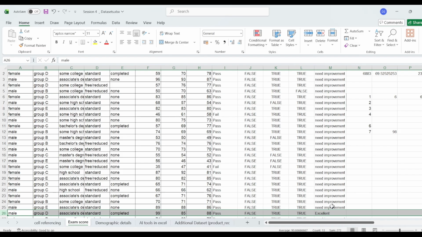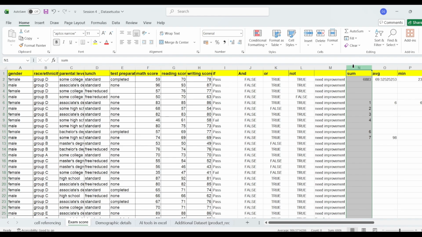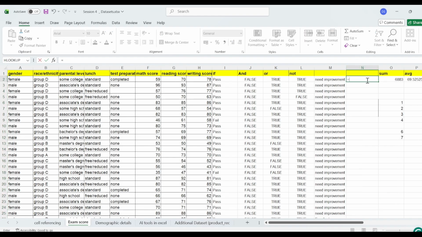Now I will show you a nested if condition. Okay, then move on to the next nested if. Nested if means inside an if, one more if, like that. Okay, so what I want here, I told you, like if the math score is greater than 70, it should be high. We want the text "high". If the math score is less than 70, then it will be like